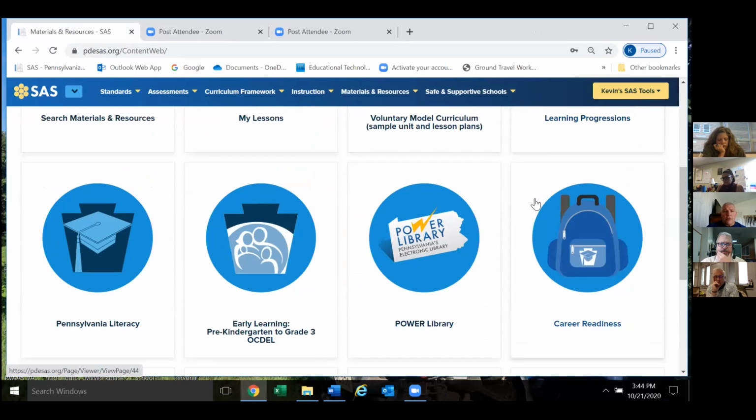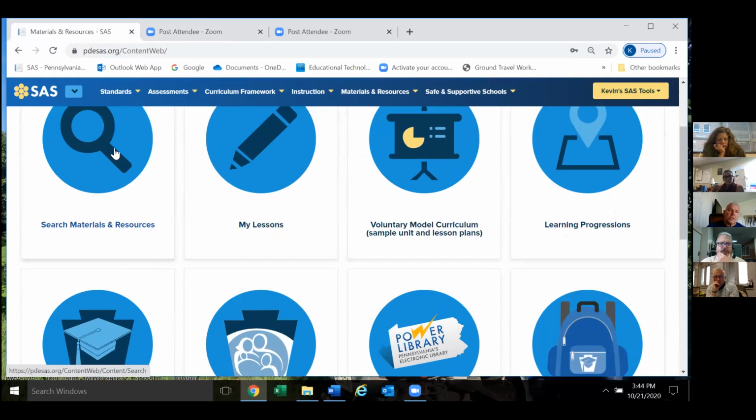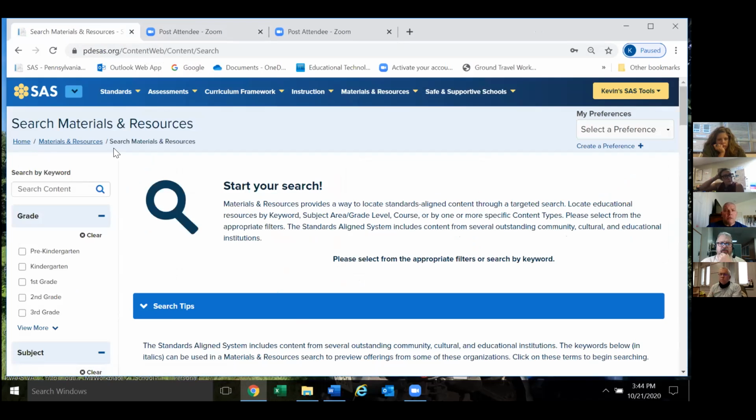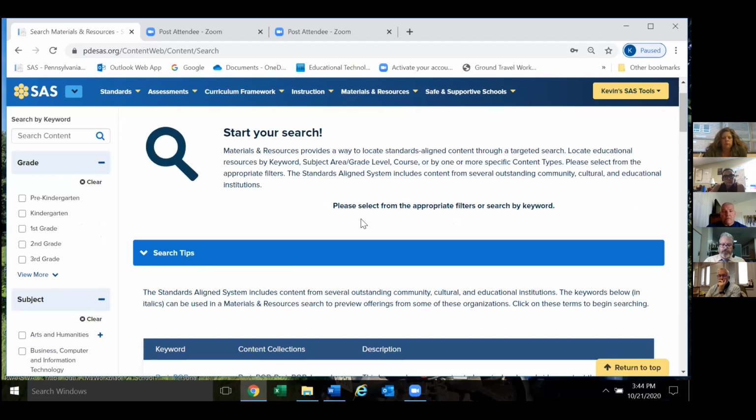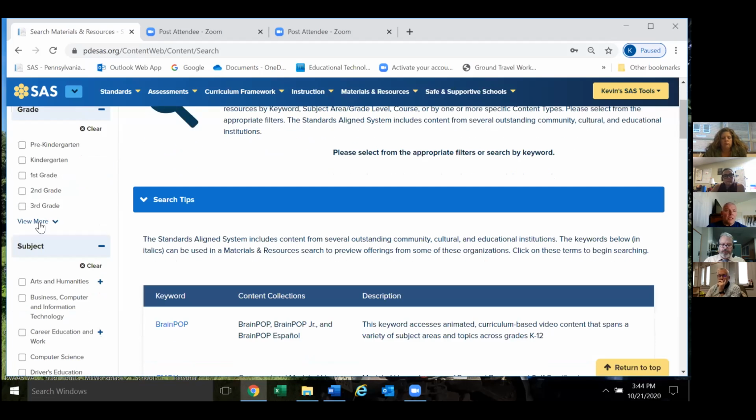All right, the other thing we want to look at is this search. Again, if you've been in materials and resources before, the search was kind of cumbersome. We have that same wireframe. One thing you want to keep in mind, when the pandemic hit, we were in the process, all the materials and resources on SAS have been vetted again for good links, bad links. Are they aligned to standards? Are they at a correct grade level? So all of this has been done at the start of summer. So again, we can search anything in the